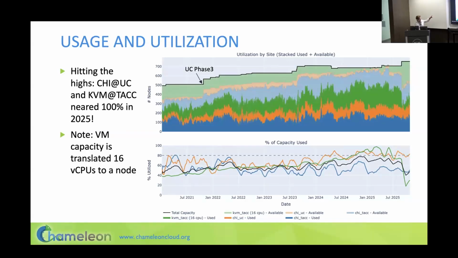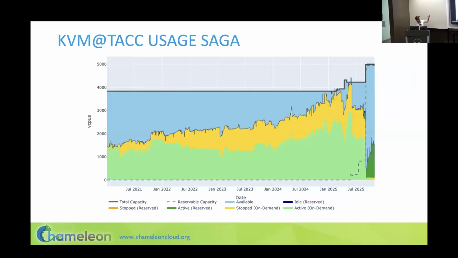In the usage graph, you see resource additions for Chameleon phase 3, and resource additions for when we added the H100s. Here you see utilization for KVM, and I won't go into the details because we're already cutting into the break, but there is an interesting story to tell about how our usage changed because we introduced advanced reservations for virtual machines as well as bare metal. The short story is that using advanced reservation bounded leases for virtual machines allows us to control the usage on that resource much better, as well as for the users, right?